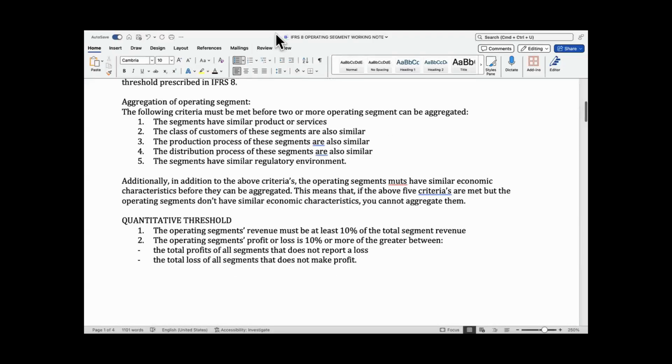So the operating segment profit or loss is 10% or more of the greater between the total profit